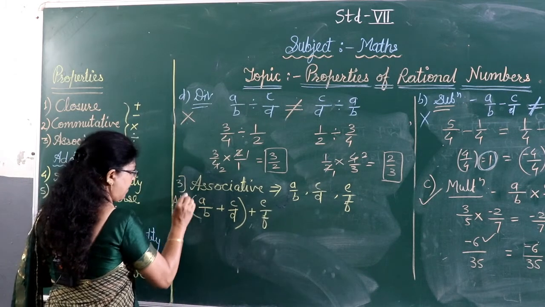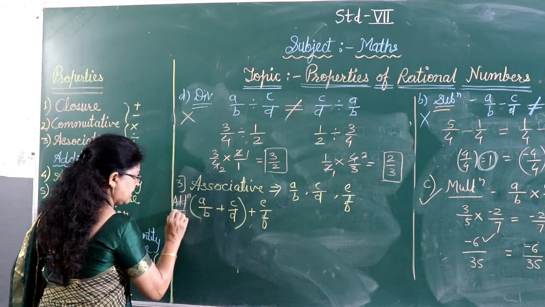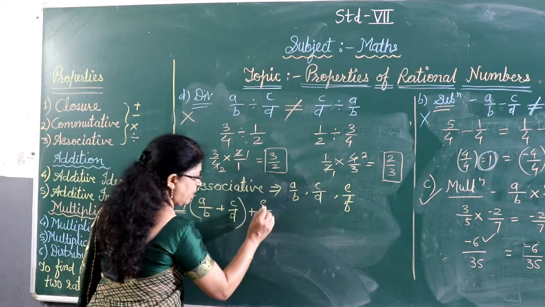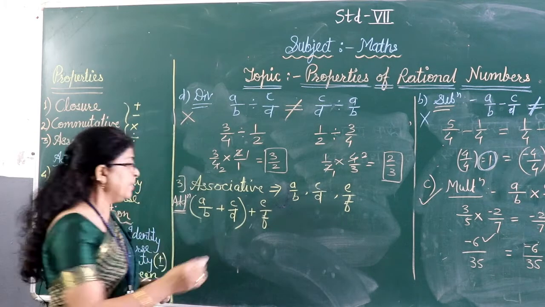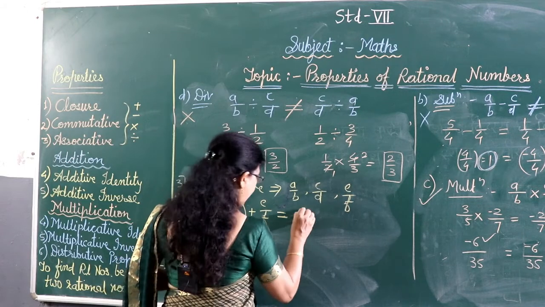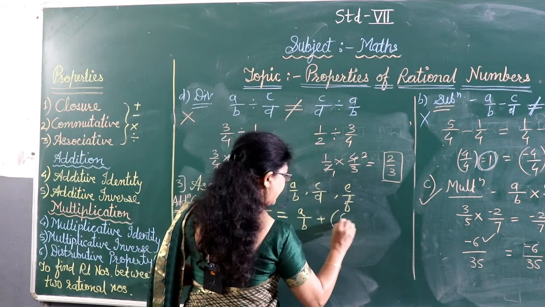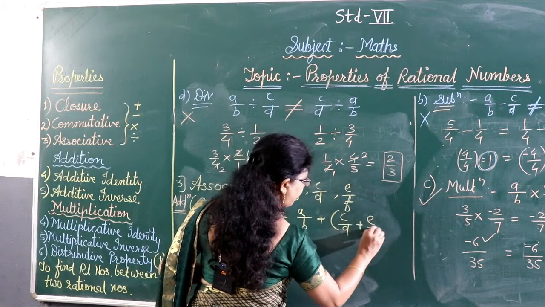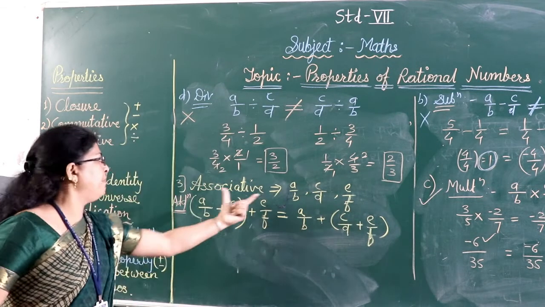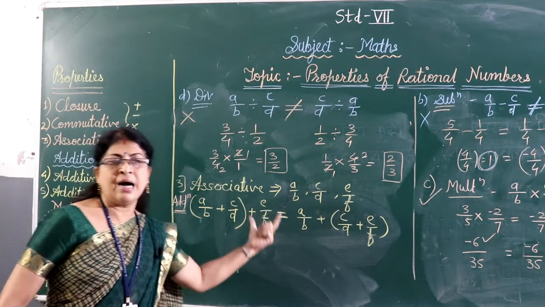First we will apply it for addition, and then for all of these: addition, subtraction, multiplication, division. So let us consider addition. This will be A upon B plus C upon D in brackets, plus E upon F outside the bracket. And on the right side I am writing A upon B outside the bracket, plus C upon D plus E upon F, where the next two numbers are in the bracket. On this side the first two numbers are in the bracket. Even if we change their grouping, the answer doesn't change.